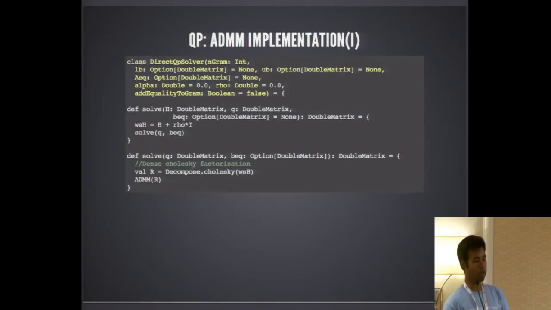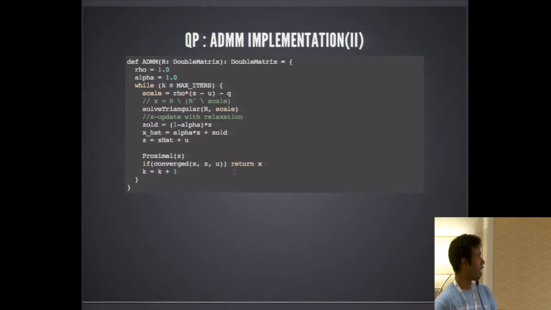This is how it looks when you write it in Spark. All you have to give in your solve API is your Gram matrix, and then your linear objective part. After that, if your problem has equality constraints, you specify that. If not, you don't have to. Then for the standard solve, we do a direct solve right now. So we do a Cholesky, and after that, there is an ADMM loop. The second slide shows you what that ADMM loop looks like.